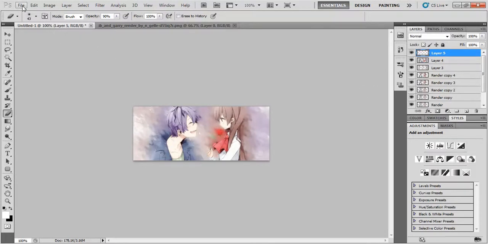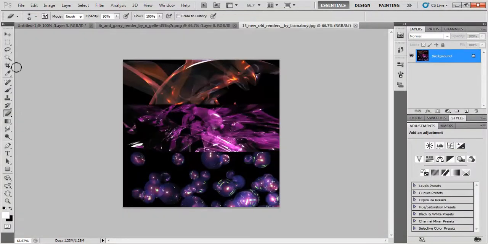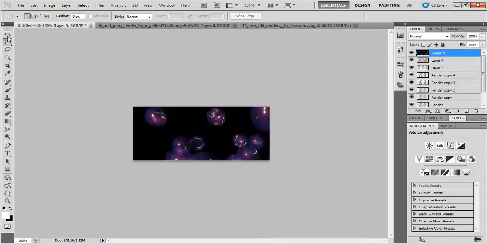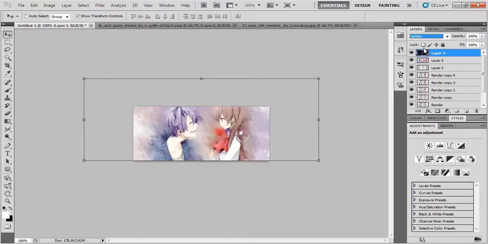And then I'm going to open one of my C4Ds. This is completely optional. You don't have to do this. I do it. I'm probably going to delete it anyway. I'm not going to go over C4Ds. It's not what this tutorial is about, and I'm not an expert on them. So